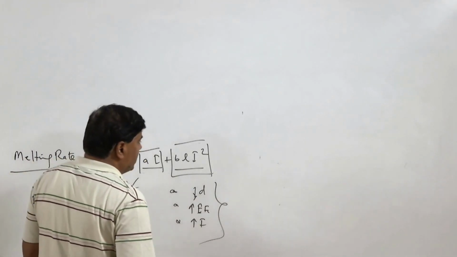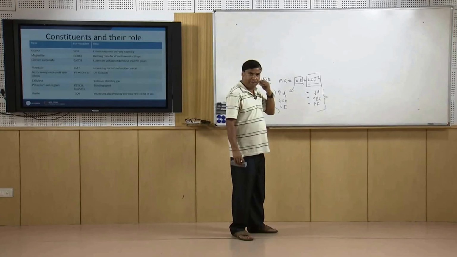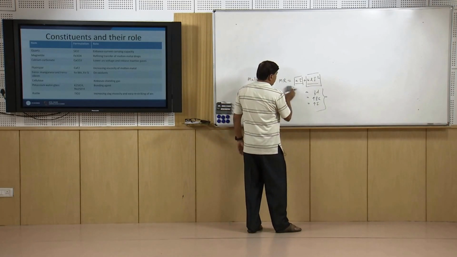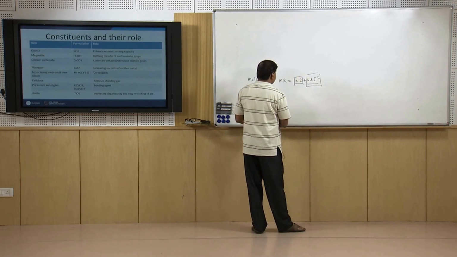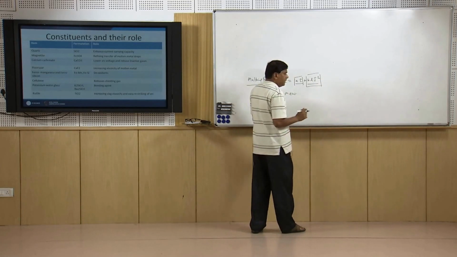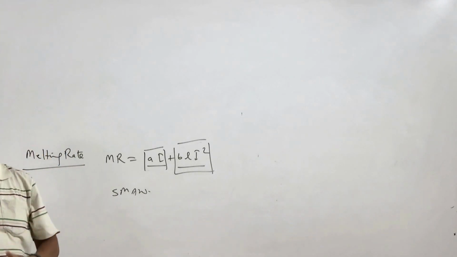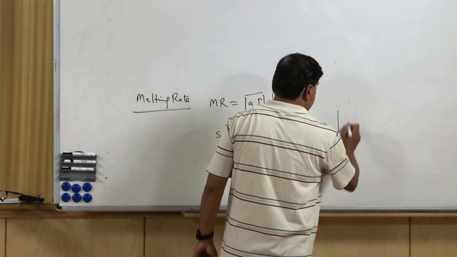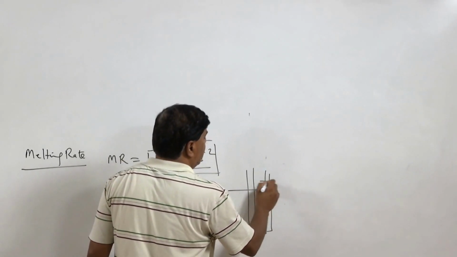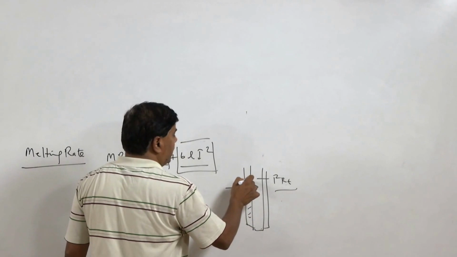But it does not mean that we can achieve any kind of melting rate just by adjusting the welding current, because there are a number of factors that limit the lower and the higher levels of the welding current which can be used. For example, in the shielded metal arc welding process, the higher level of current is limited by the current value at which thermal decomposition of the coating starts due to the flow of current. Say this is the electrode and this is the coating. If you keep on increasing the current value, then high I square R heating of the core wire can start damaging the coating much earlier than it should.